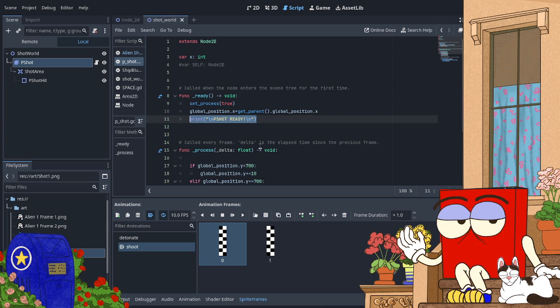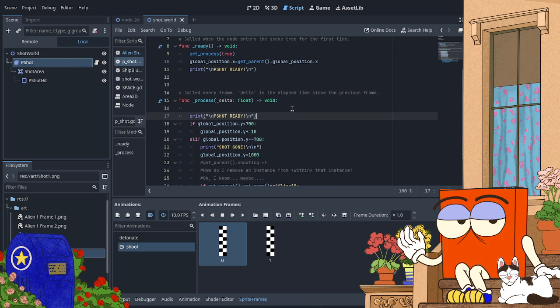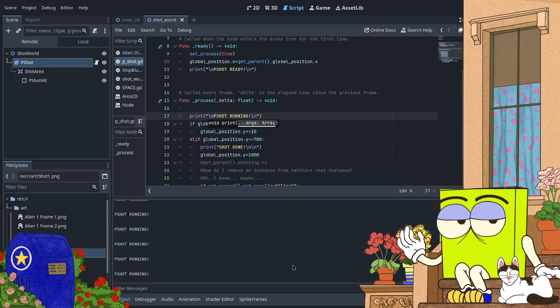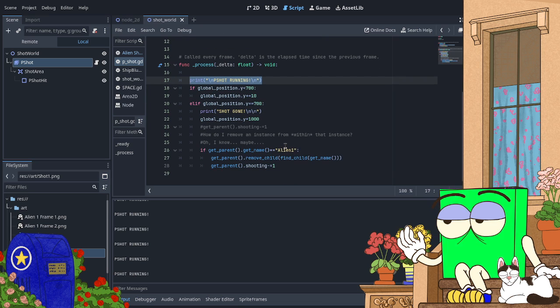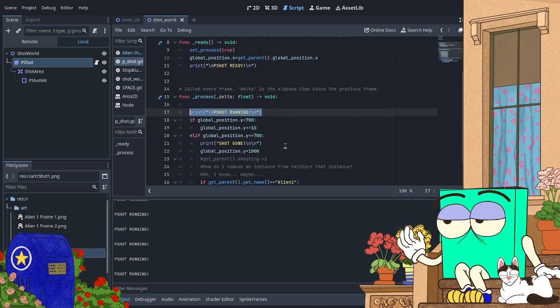Ready? This should be P-Shot running. Everything's in all caps because it's funny.